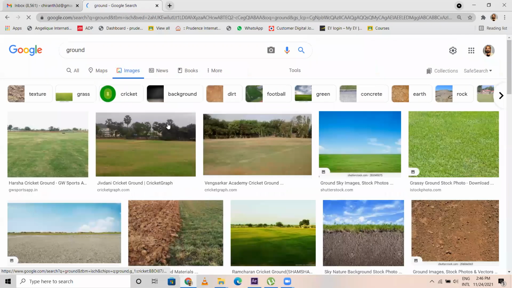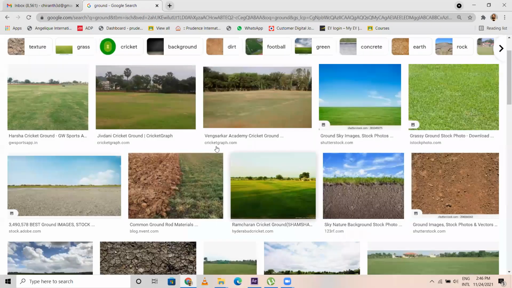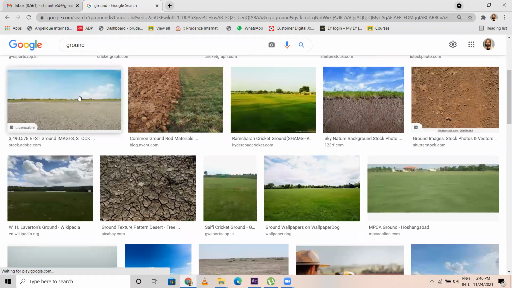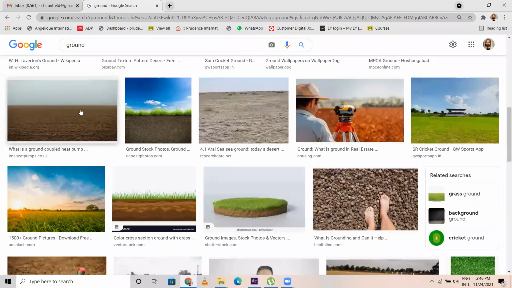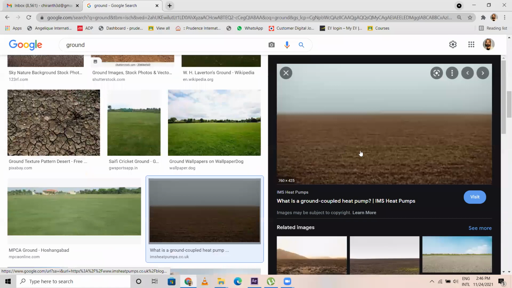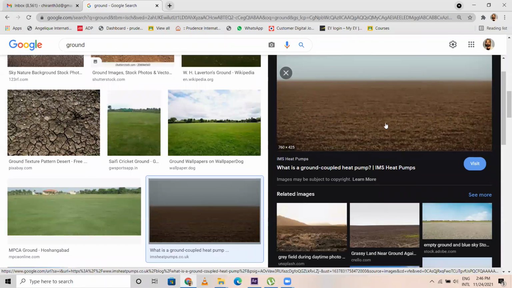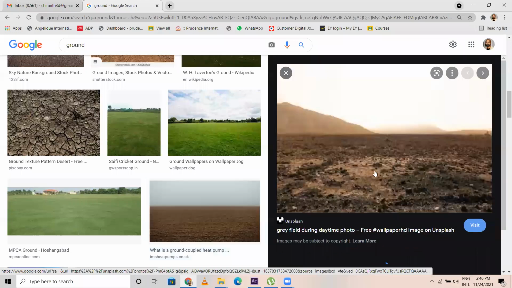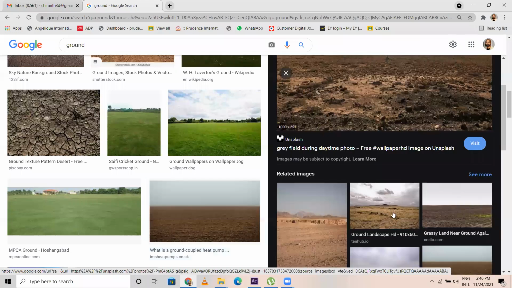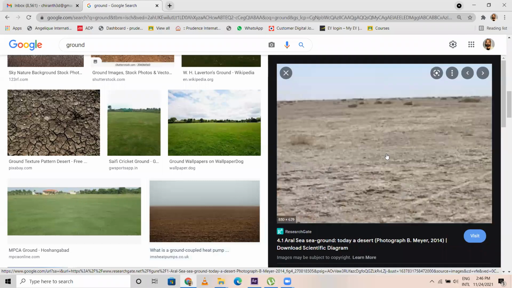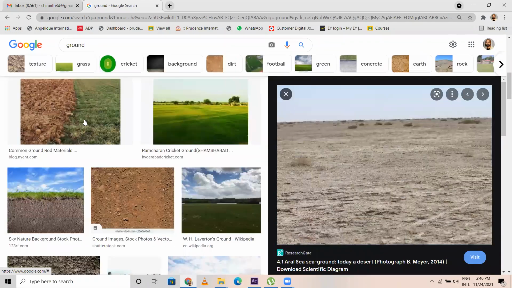Let me search for only ground. Okay. I think this is fine.